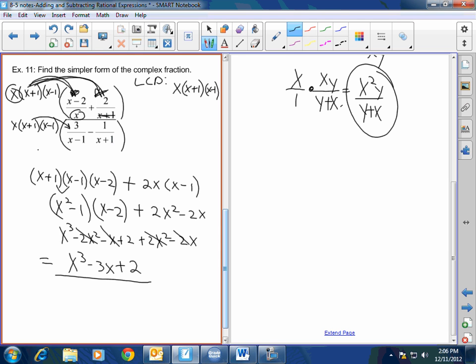The x minus 1. So I'm going to be left with 3x times x plus 1. When I multiply the LCD to this guy, who cancels out? So I'm going to have just a 1x times x minus 1. So my denominator down here is going to be 3x squared plus 3x minus x squared plus x. So this is going to equal x squared minus 3x plus 2 over